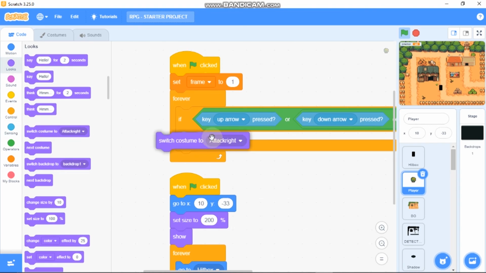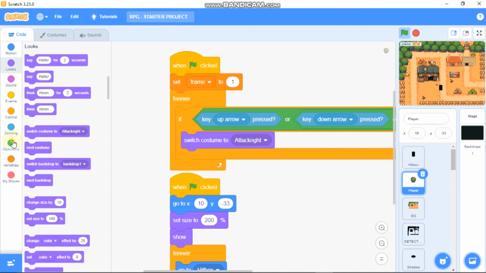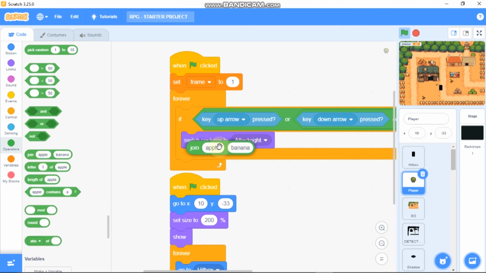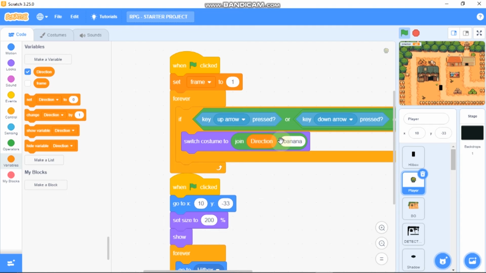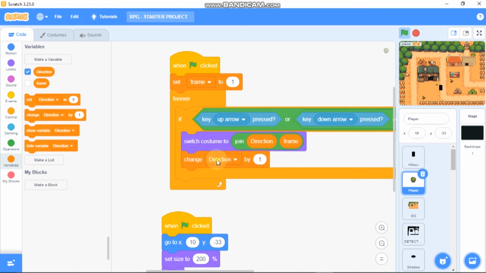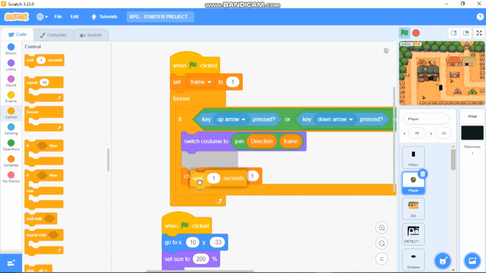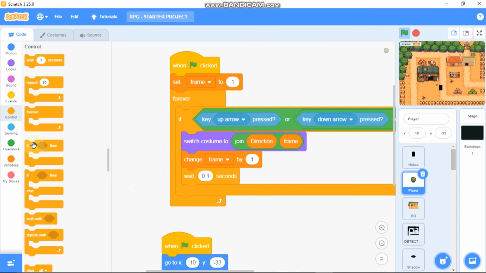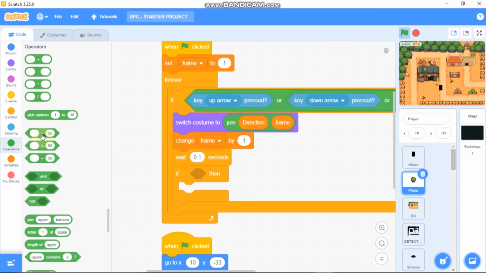And then we need to switch costume to join, direction and frame. We need to change our frame by 1, wait 0.1 second and grab this if frame is greater than 4.